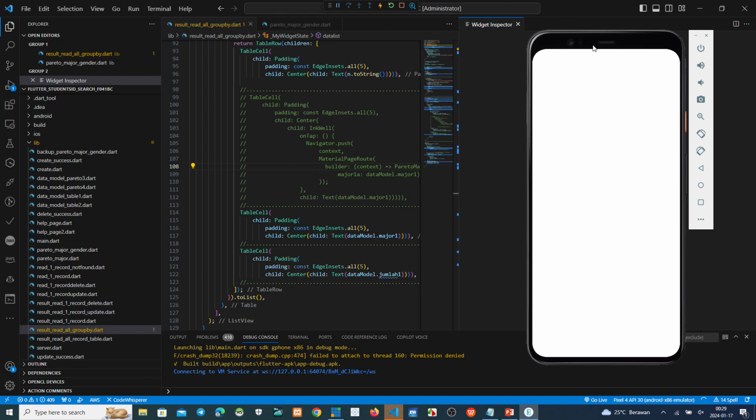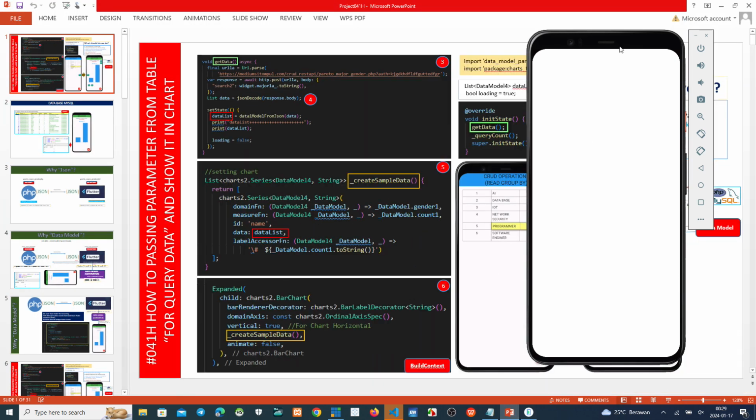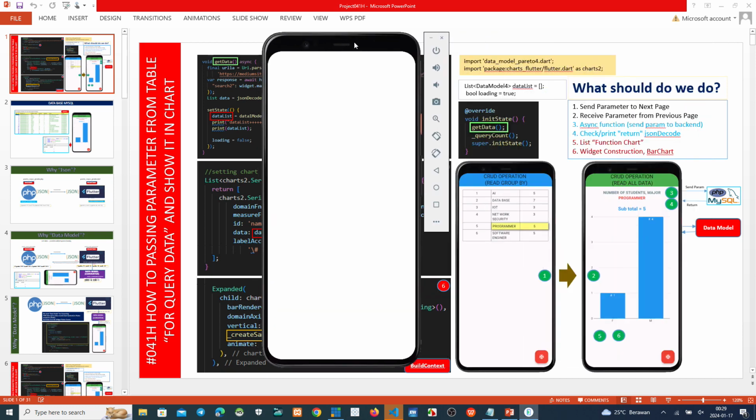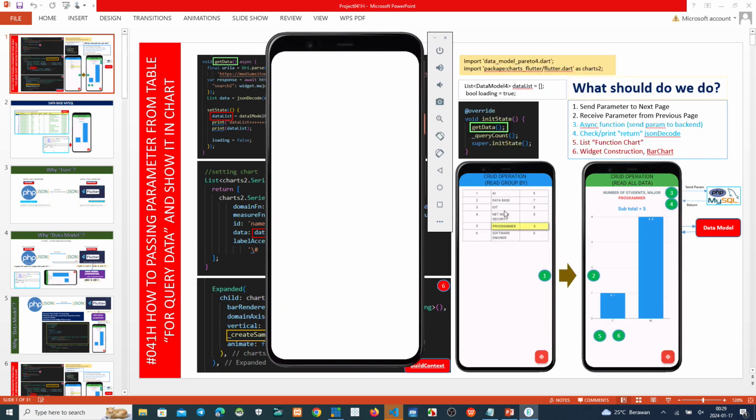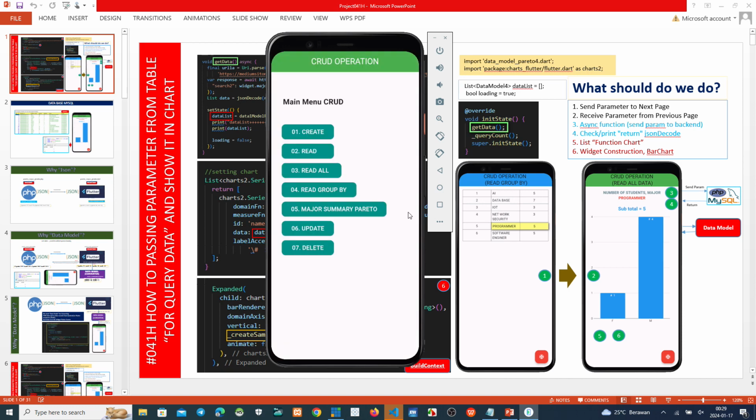We have a result on the screen. I have mentioned before, if we click or push this parameter, okay, let me show you.